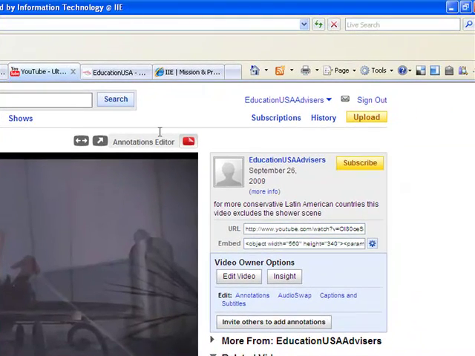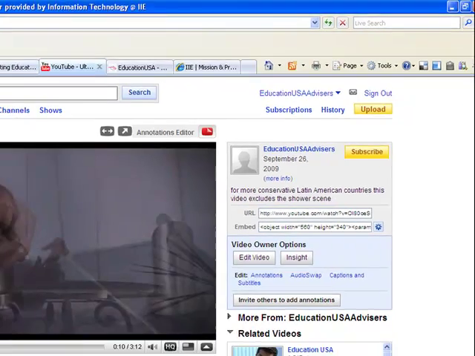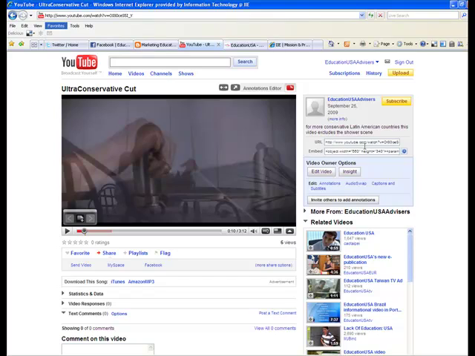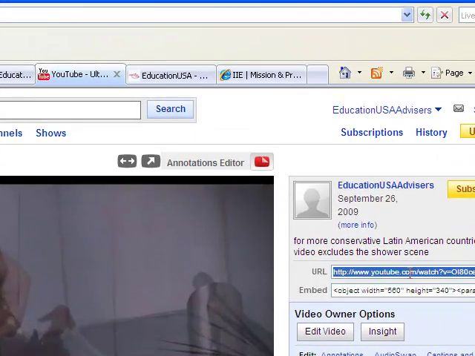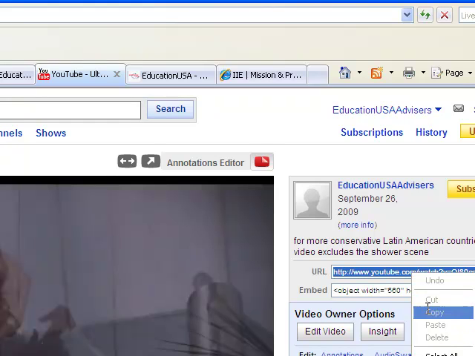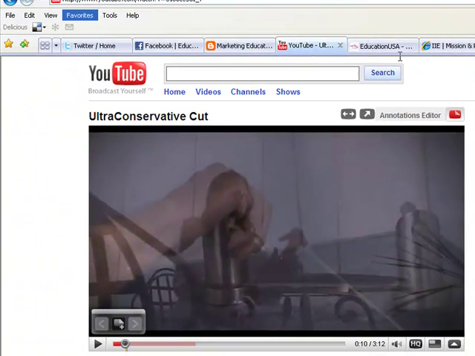So for example, there's a video here that I want to have showing on my site. I found the video, and it's on YouTube, or it might be Vimeo or some other video sharing site. I would click on the URL address in this box on the top right. If you right click and then copy, you can copy that video code, basically the website address